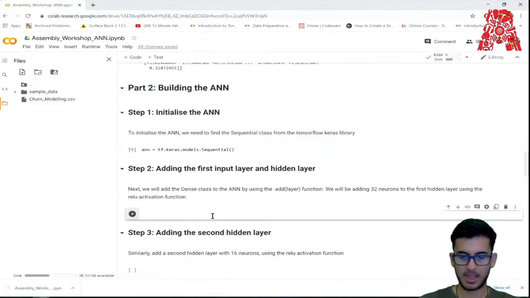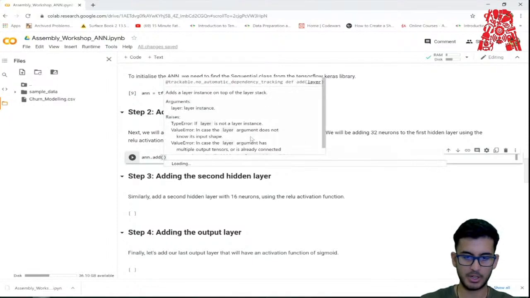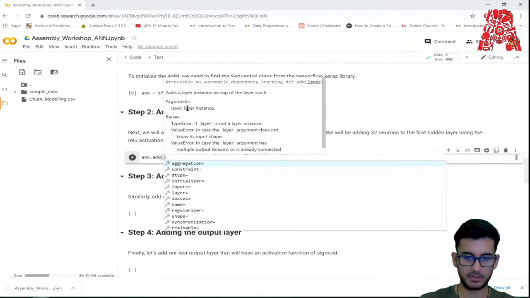Okay. And now we want to add our hidden layers. In this case, they will be part of the Dense class, as we want everything to be interconnected, and they will all be in one layer. To add a layer to our artificial neural network, we'll use the ann.add function. Once we do that and press Control Space, we can see it needs a layer. So we'll look for